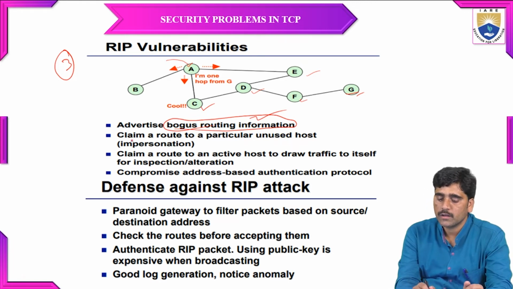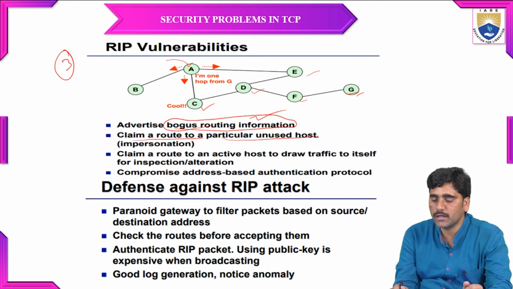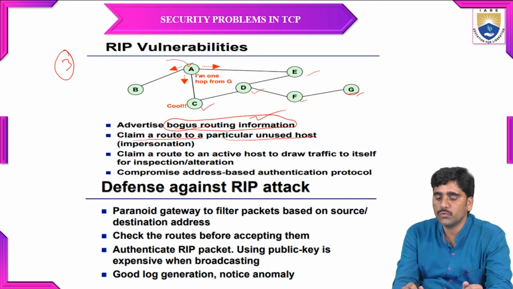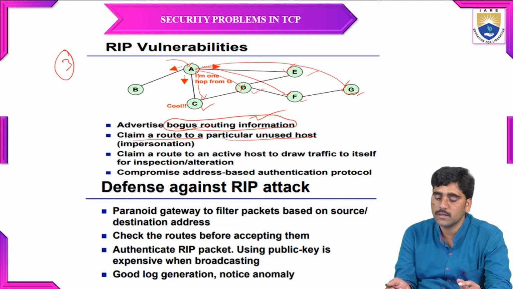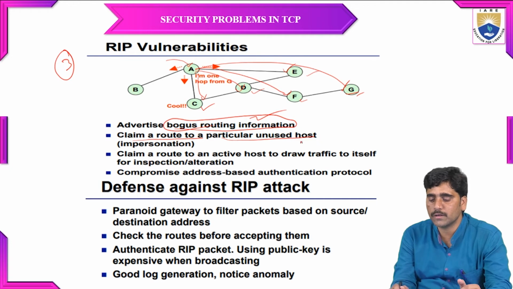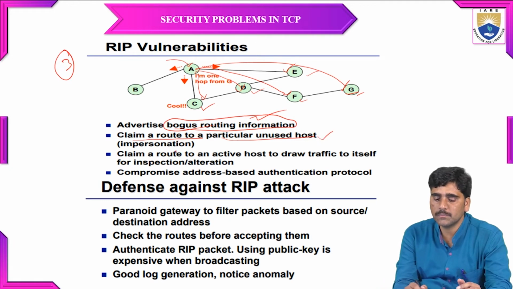And here, claim a route to a particular unused host. So you can use the next E route, or next C route, or next D route, or next F route, or next G route. So you are able to access all the routes. Claiming a route to a particular unused host is nothing but impersonation. Intentionally he wanted to use that route to provide miscommunication,